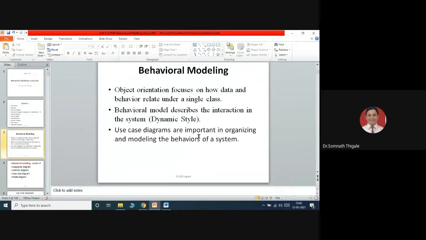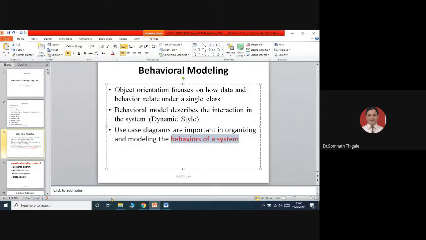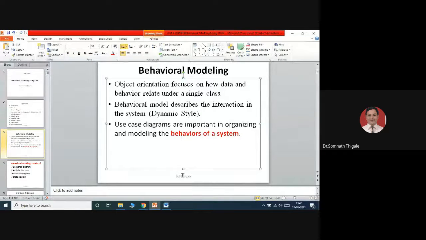Use case diagrams are important in organization and modeling to understand the behavior of the system. So how your system acts and reacts based on the type of inputs will be discussed as a part of the use case diagram. The entire behavioral model will be discussed based on types of scenarios and present situations, and with respect to them, system behavior will be discussed.